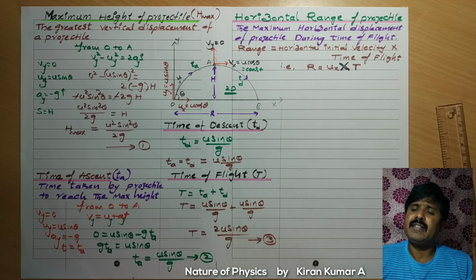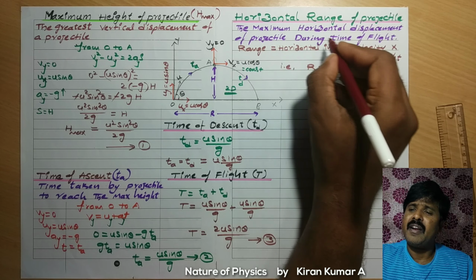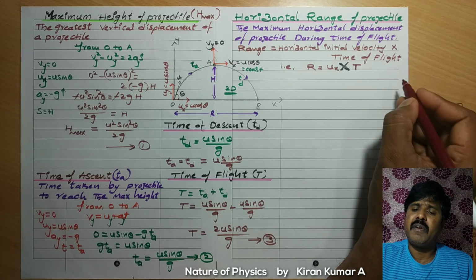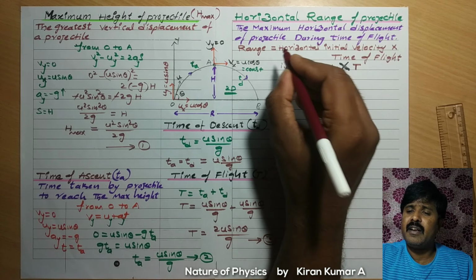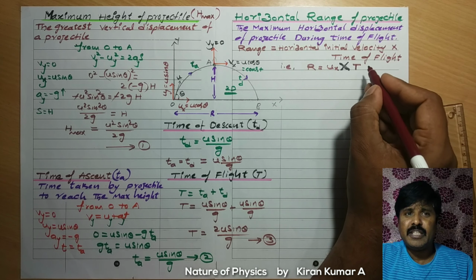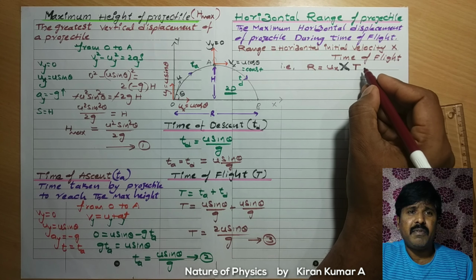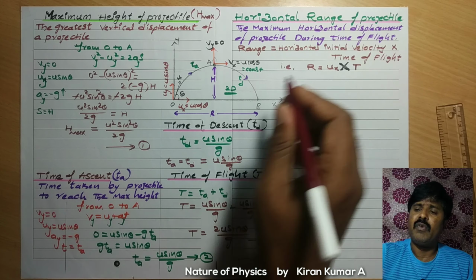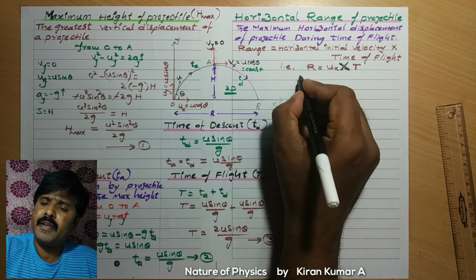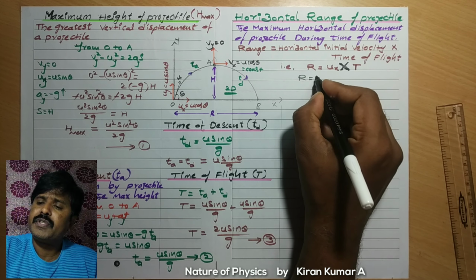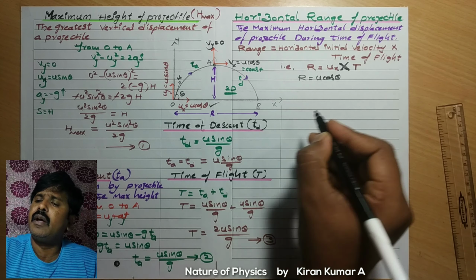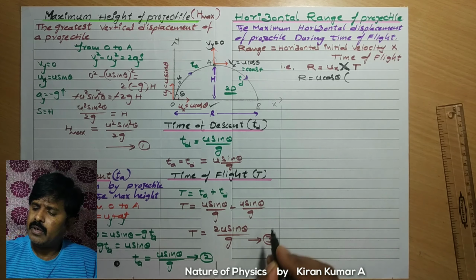Okay, and next one is horizontal range, student. The horizontal range is the maximum horizontal distance traveled by the projectile during the time of flight, student. So the basic formula for the horizontal range is horizontal initial velocity into time of flight. Velocity is equal to displacement by time, so displacement is equal to the product of velocity and time, student. I gave you the R value earlier, and in continuation of the derivation we can write horizontal range R, which is equal to ux, and ux is equal to u cos theta, student. Clearly I gave you ux is equal to u cos theta, and the time of flight, just now completed, is